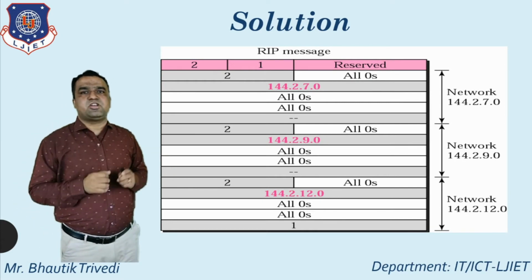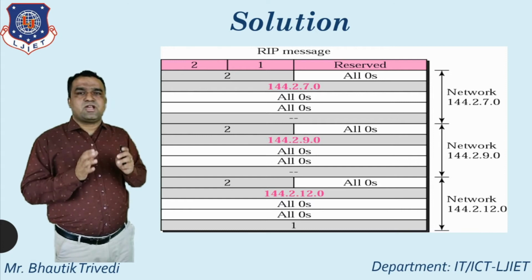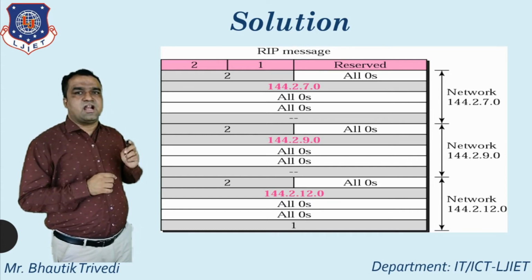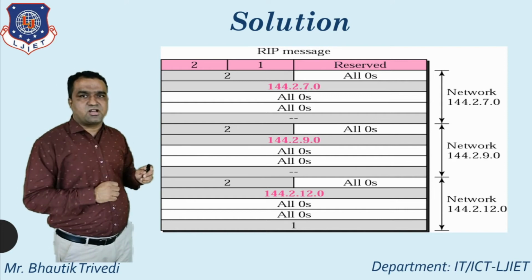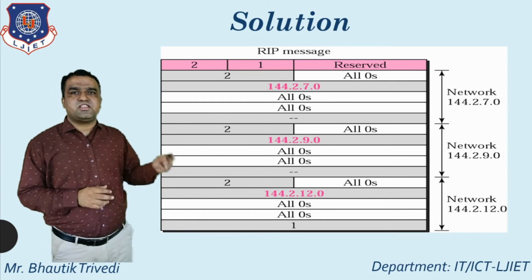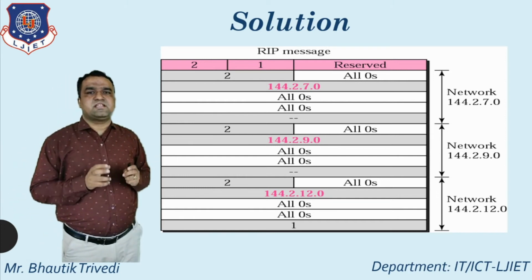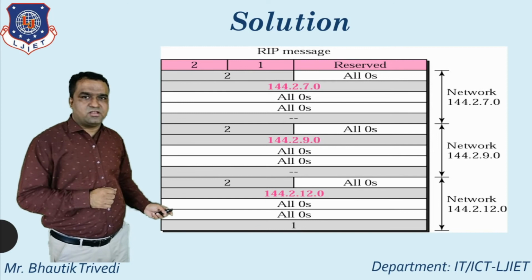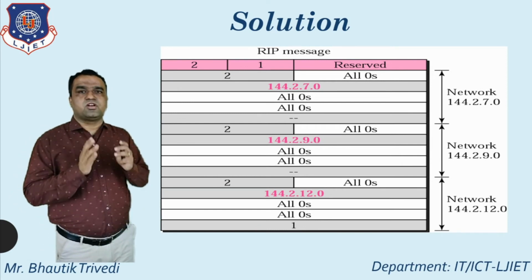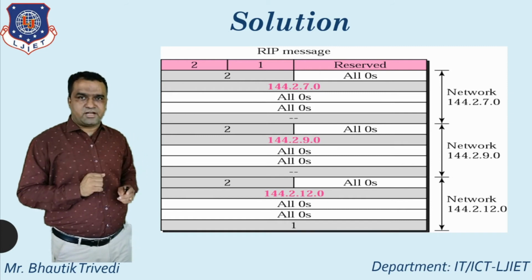In this particular diagram, you can directly demonstrate the diagram for router 1, and router 1 advertises 3 networks. So here you specify the concept of the 3 networks using the RIP message format, and the last one indicates the distance. So this is the solution for the particular RIP message format.